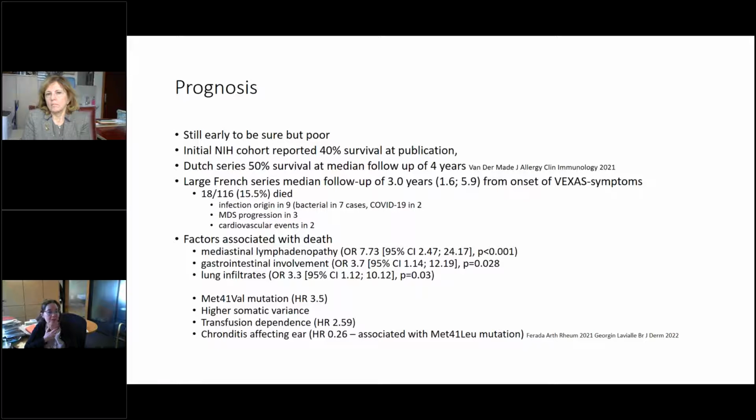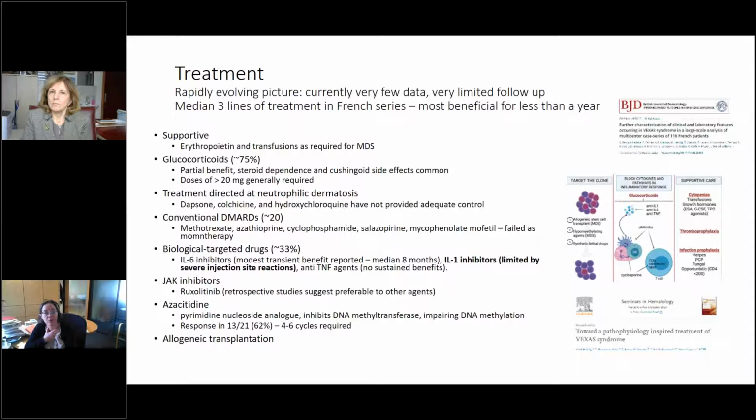Patients with bad enough myelofibrosis to be transfusion dependent, unsurprisingly, do very badly. At the moment, we are uncertain how to treat these patients. It's an evolving picture. Most patients have progressed through a number of lines of treatment. And treatment at the moment is a combination of support for the bone marrow, so with the erythropoietin and transfusions as required, steroids, which seem to be absolutely necessary, but most patients become steroid dependent and Cushingoid,